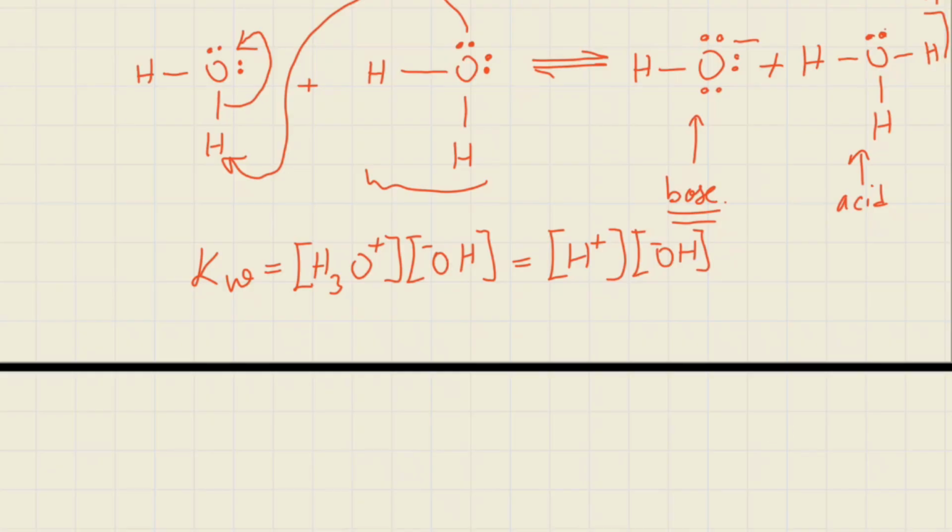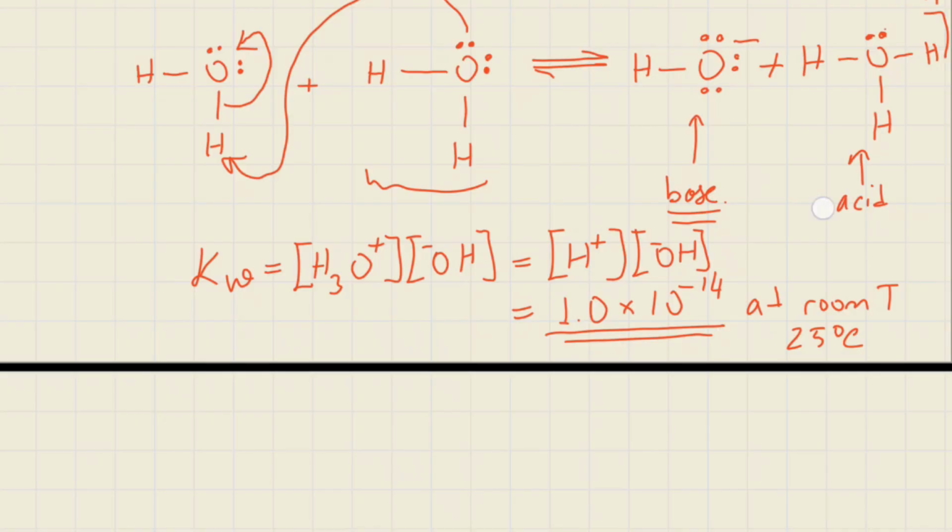And this expression value is 1 times 10 to the minus 14 at room temperature or 25 Celsius. And this value of course changes with the temperature. It has a temperature dependence, but we generally use this value